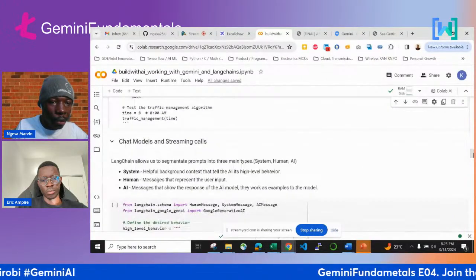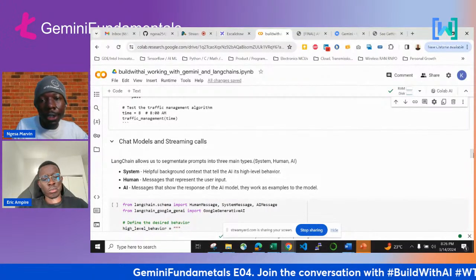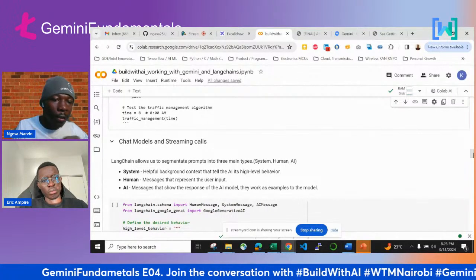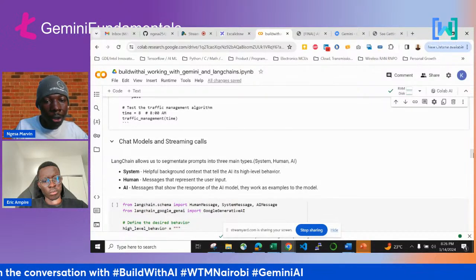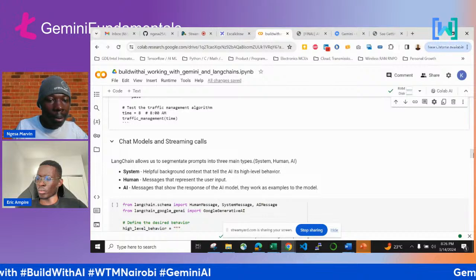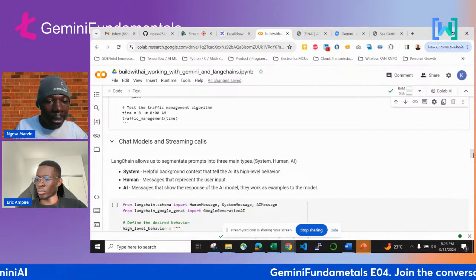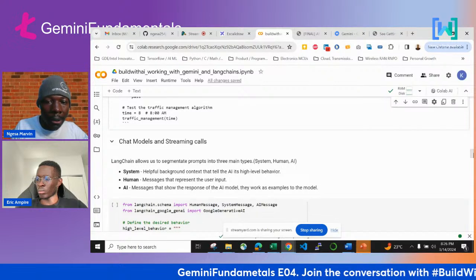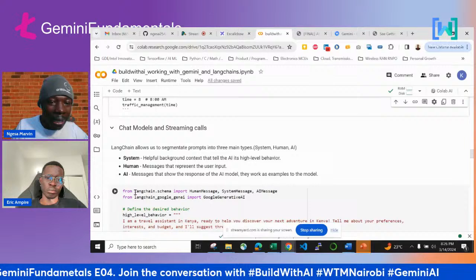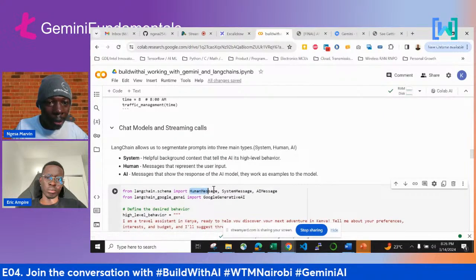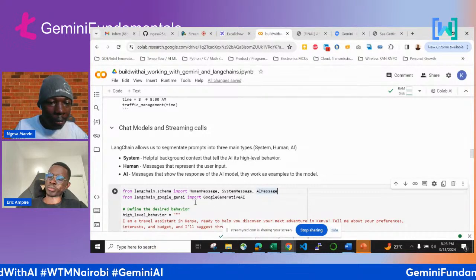Then you can also be able to do streaming. And LangChain allows you to segment the prompt that you're having into 3 different types. You have system, you have human, you have AI, and all this can also give background information to the input. So human represents the user input that you're trying to give it, and then AI shows the response of the AI model that you're going to have. So here from the LangChain schema, you can get all those segmentation prompts that you may want to have, and then you can again